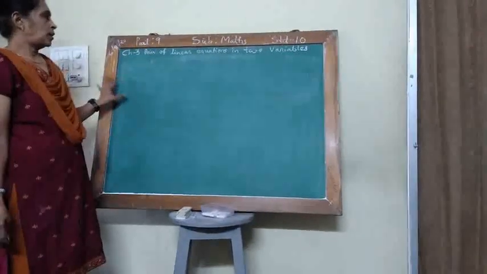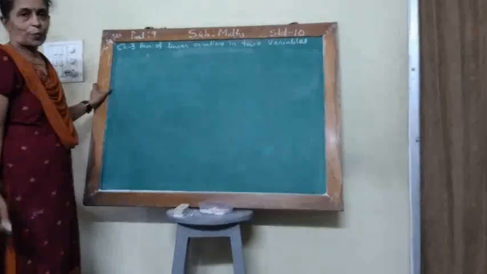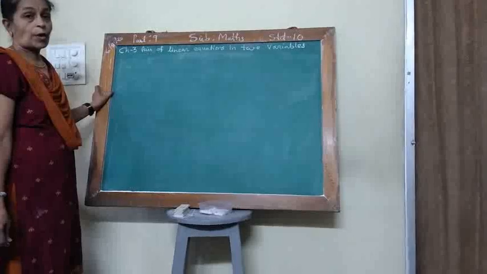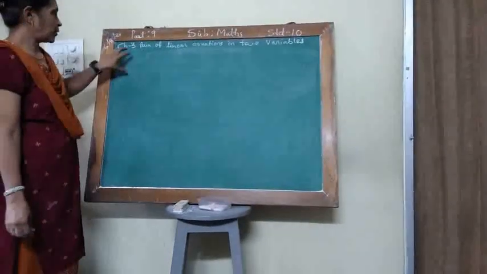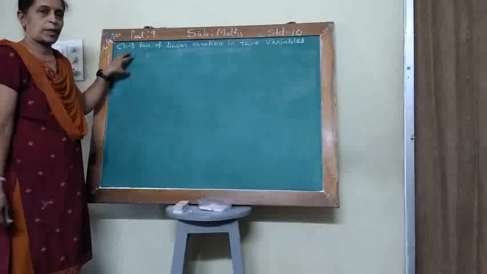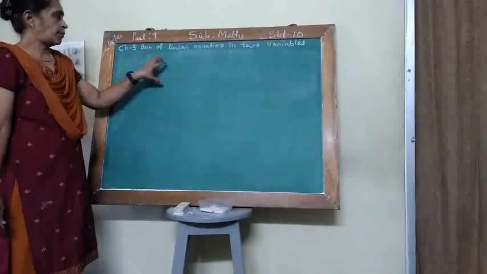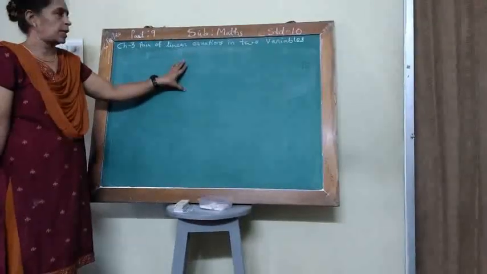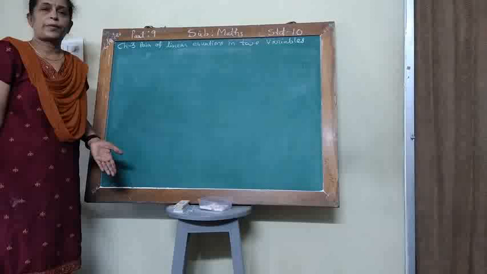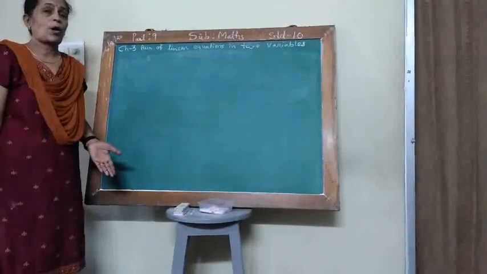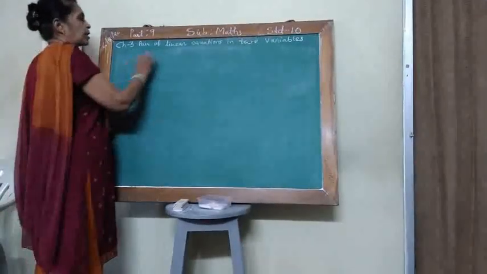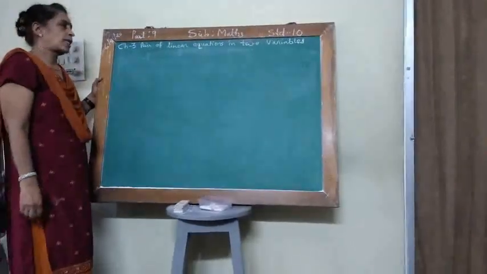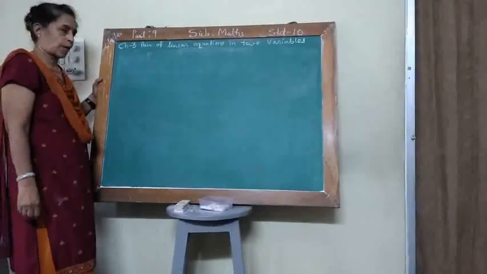Okay. And now I start the algebraic method. What is the last method called? Cross multiplication method. We have seen graphical method in exercises 3.1, 3.2. After that in 3.3 the substitution method. In 3.4 the elimination method. Now in 3.5 we shall see which method? Cross multiplication method. So first I explain the cross multiplication method generally, and after that we shall start exercise 3.5.